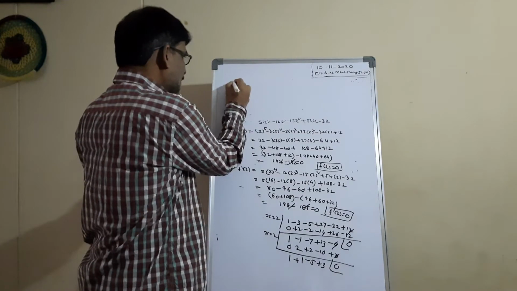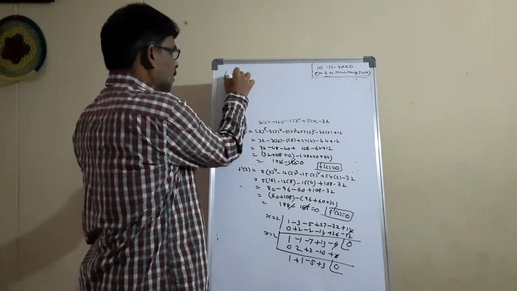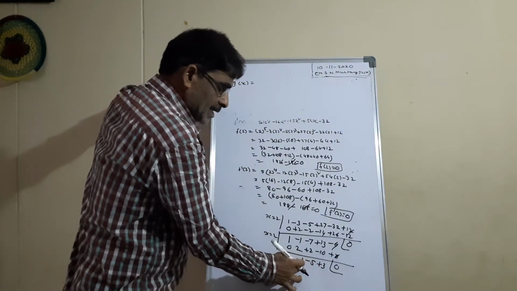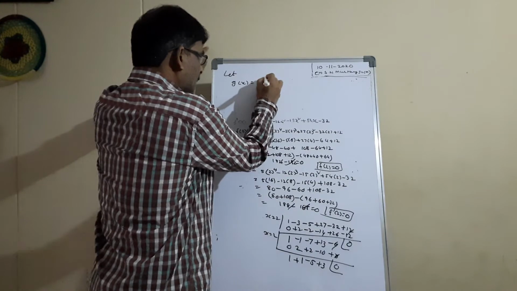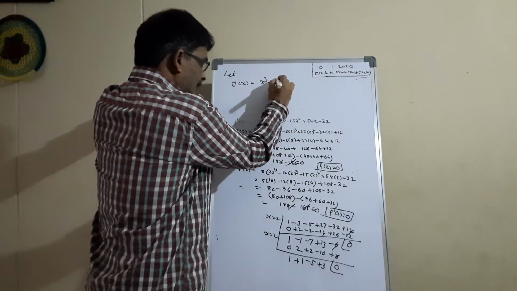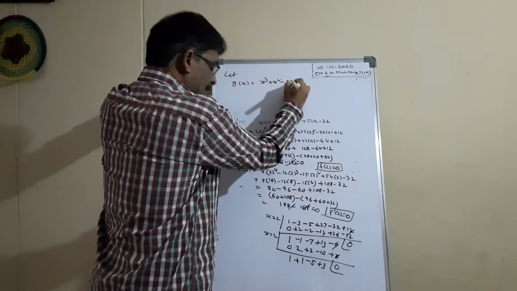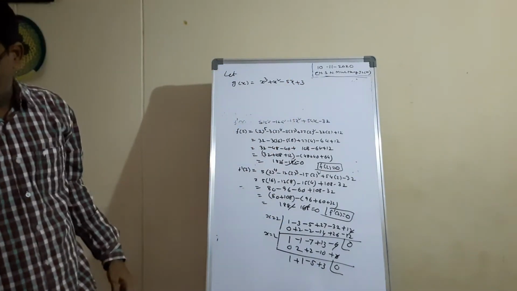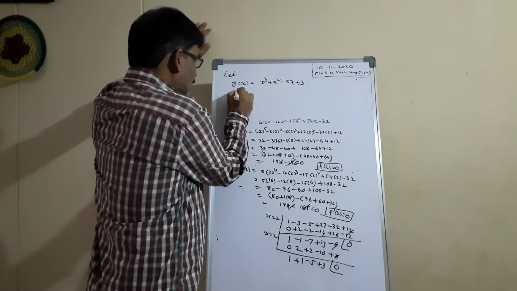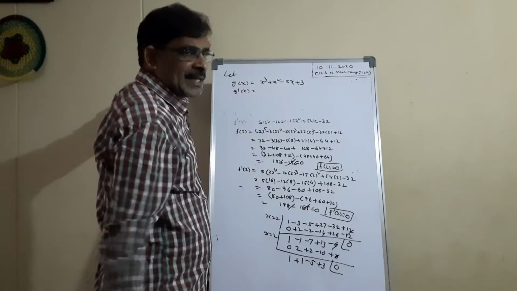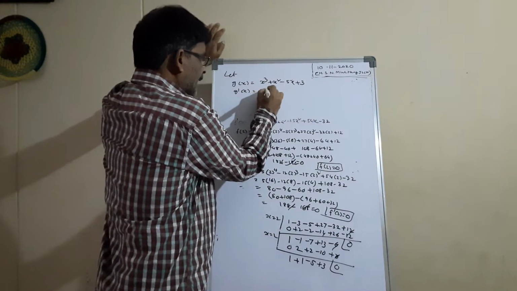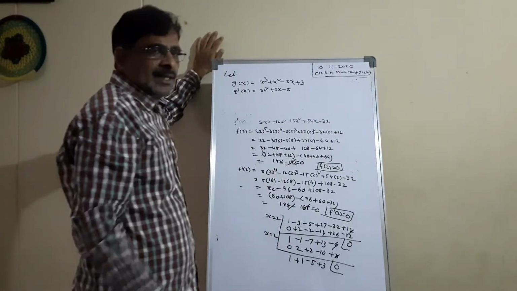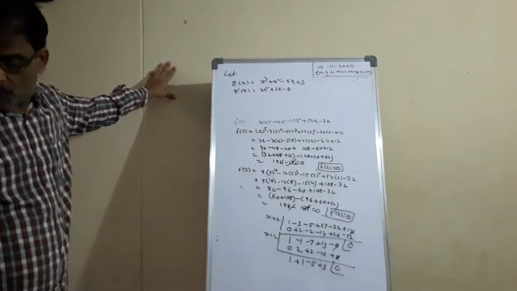See, let this equation be another polynomial, another function g of x. This is constant term, x square term, x cube term. So it will be x cube plus x square minus 5x plus 3. So we have another function g of x. Again, you check, you find the differentiation of the first one, g dash x. 3x square plus 2x minus 5 is the differentiation of the g of x function.